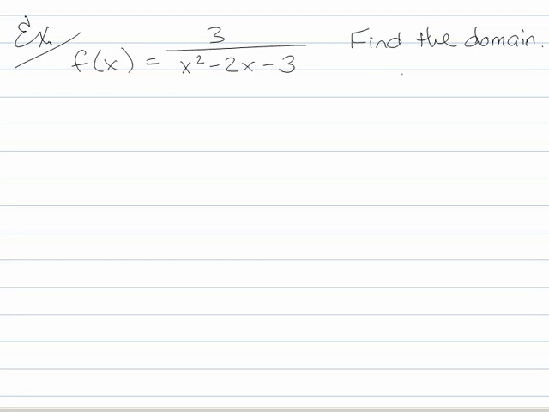I want to either look for square roots, or I want to look for dividing by 0. All right, so this is what I'm looking for. So what do we have here in this problem? We have a dividing problem, right? Because we're actually dividing. So what do we want to do? We want to say we don't want to divide